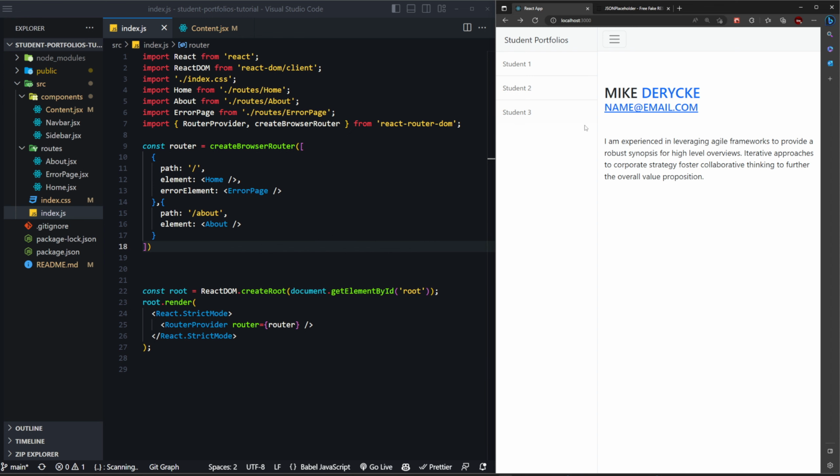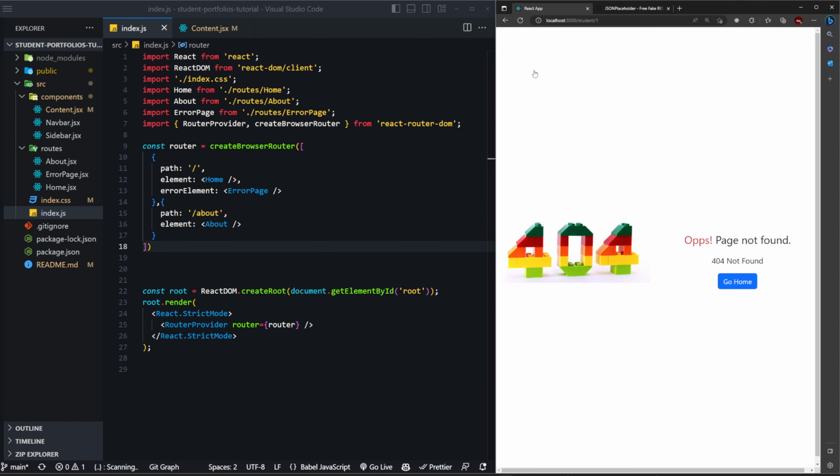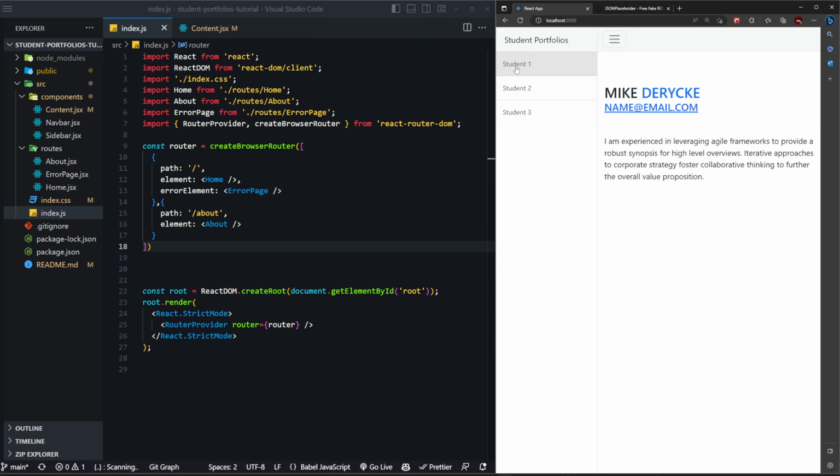So a couple of things we're going to be handling in this session is nested routes, unique routes, and data loading. So actually having useful data to work with. So it's a lot, so let's just jump right into it. So the first thing we're going to do, if we click on student 1, we break our page, we want that to be fixed and we want this page to be loaded in with the correct data. It's going to take some steps, but let's first of all make sure that we add another path on